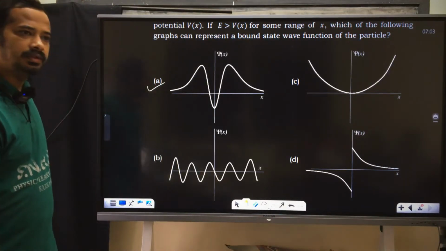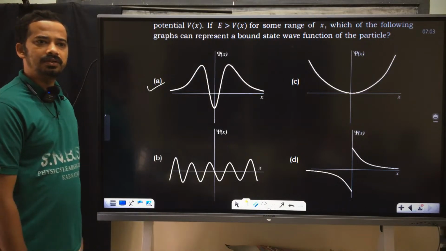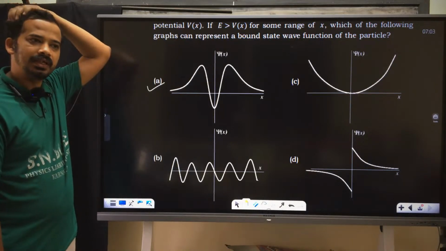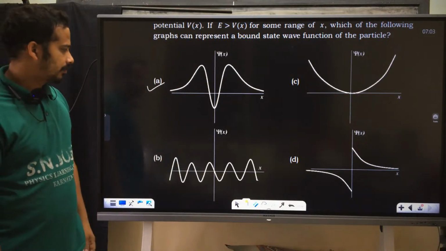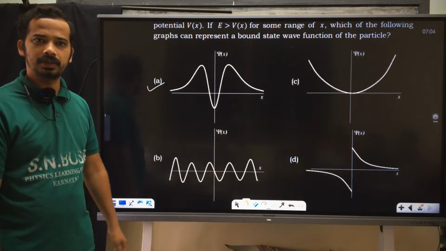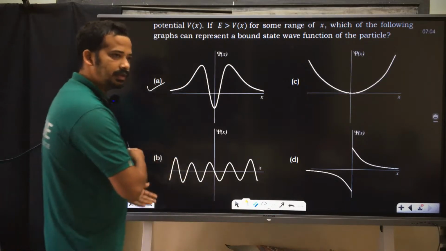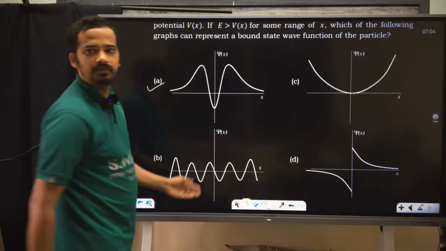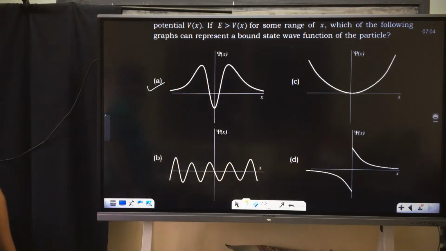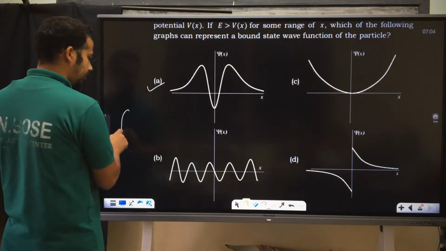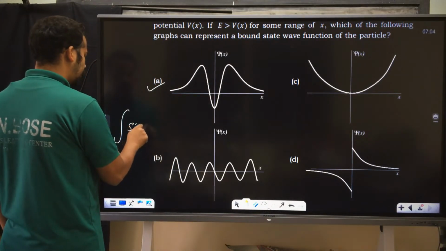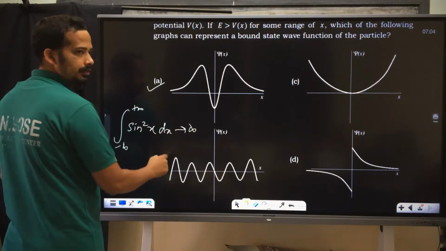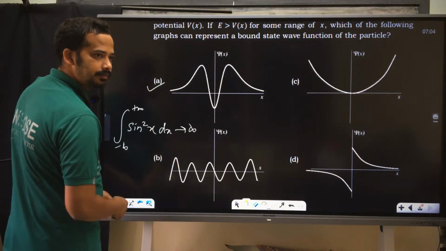Suppose sine square x, you integrate from 0 to infinity, or minus infinity to plus infinity. Anyway, you take the mod square, am I right? If you take the mod square, its integral is infinite, am I right? Negative will also come positive. The area under the curve will be infinite if it continues, if it is oscillatory. Suppose it looks like sine square x from minus infinity to plus infinity dx, that diverges. That cannot be normalized.